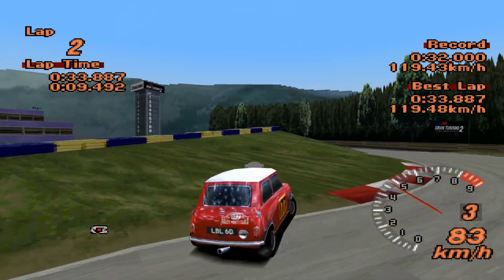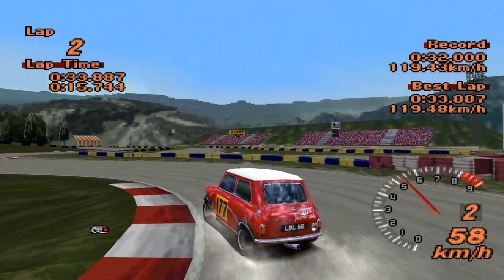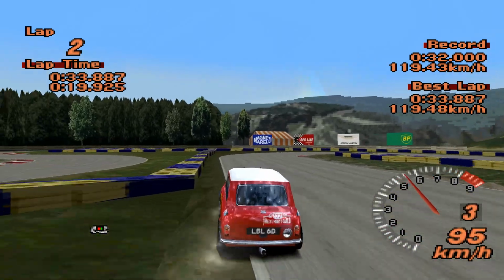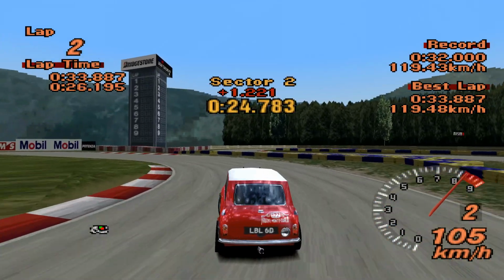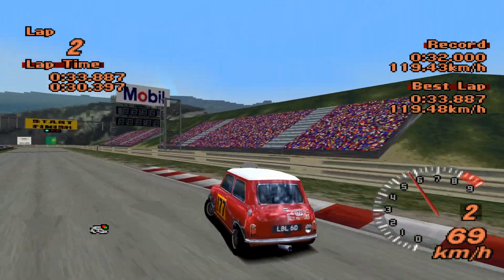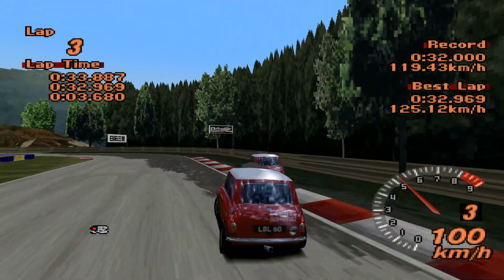One thing I am noticing is, my god, this is sketchy to drive. It actually feels like driving around on an ice rink, if I'm being honest. Yeah, that's interesting. I wasn't expecting this to be the peak of handling, especially with the amount of power that is going through it, but I was maybe expecting it to be a little bit more composed than this, a 32.969. This cannot be slower than the...